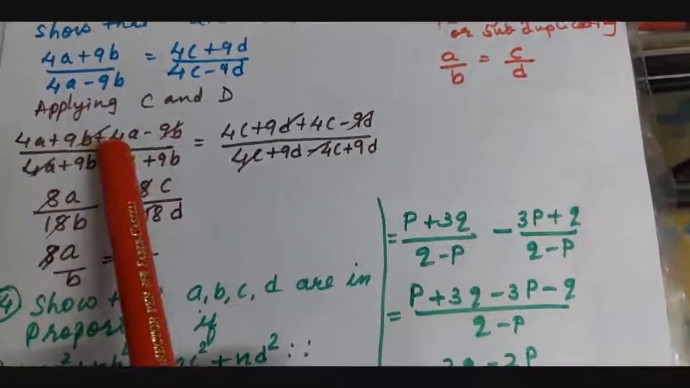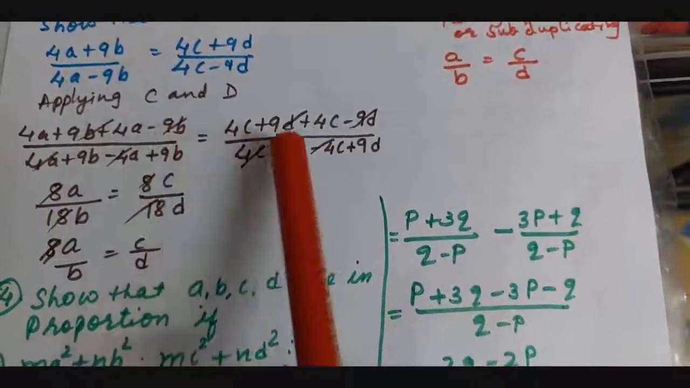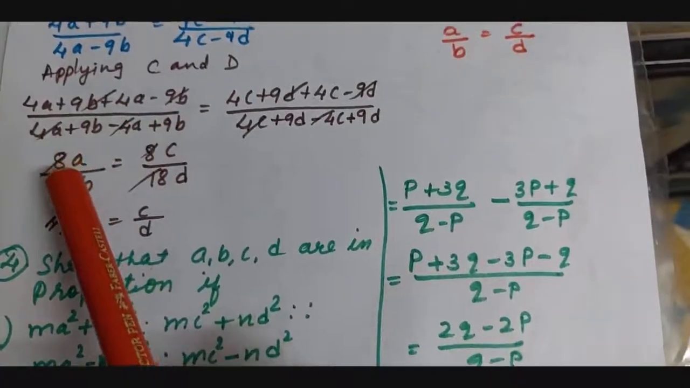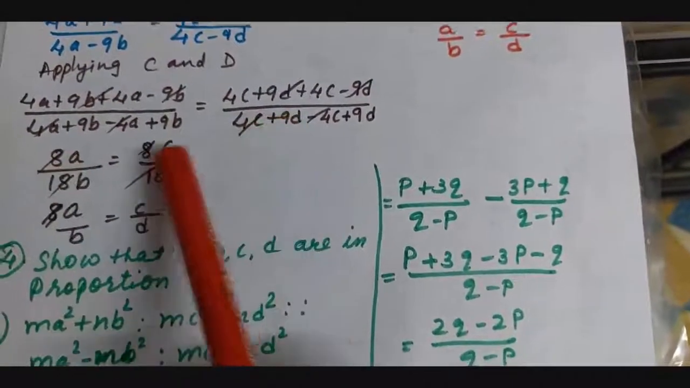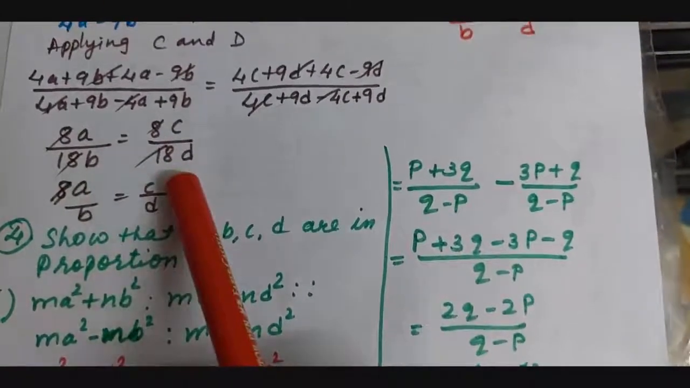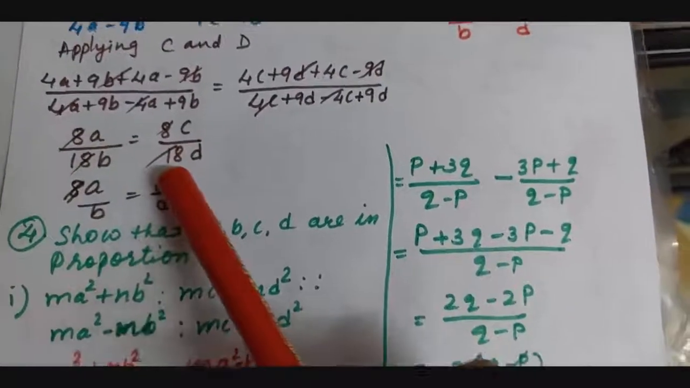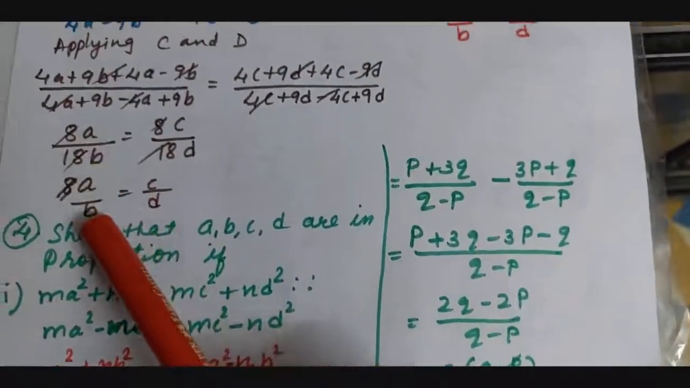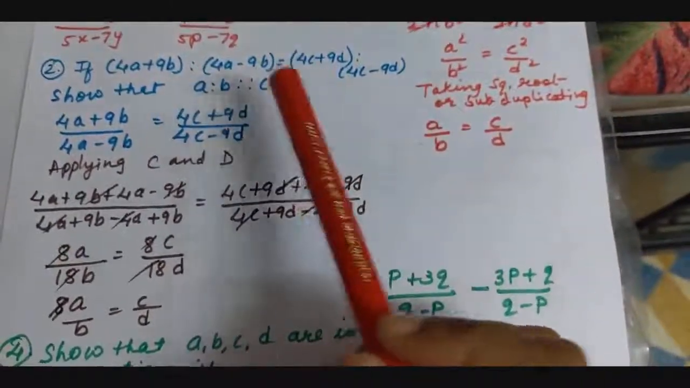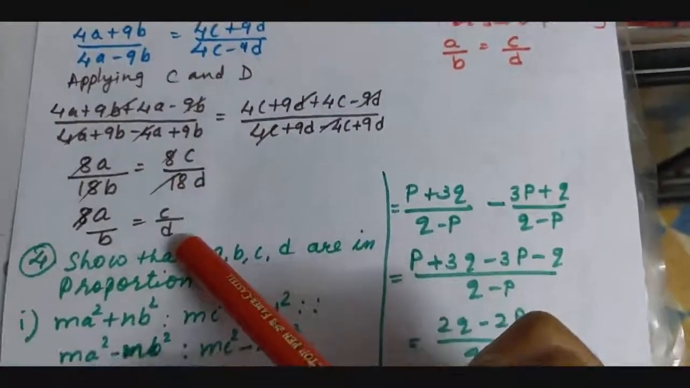So now whatever the same terms with different sign, we cancel on both the sides. Whatever is left: 4 plus 4 is 8a, here also 8c, 9 plus 9 is 18b and 18d. From both sides 8 and 18 cancel. So I get a by b is equal to c by d, which is the required result. Here you are asked to show that a ratio b is equal to c ratio d, which we have completed,